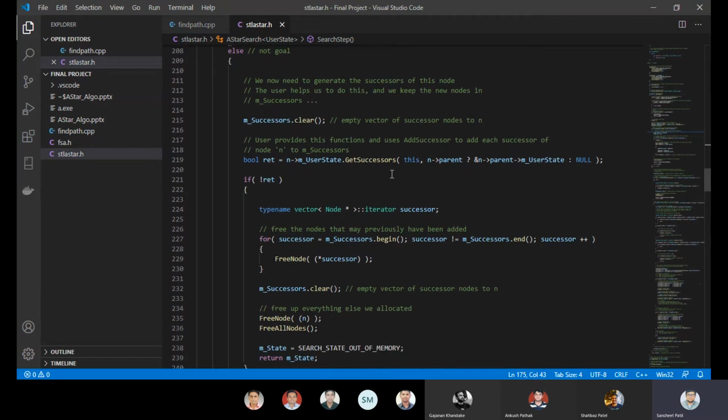Like we were carrying the successors of S, which were A, B, C. So the node will carry the successors of S, that is A, B, C, and hence it will check whether this has a successor or not, and whether the parent has a successor or not. First of all, we'll check whether the node is present or not. If the node is not present, we'll pass null to get successors, and if the node is present, we'll pass the parent user state: this is the user state, calculate the successors for this state.